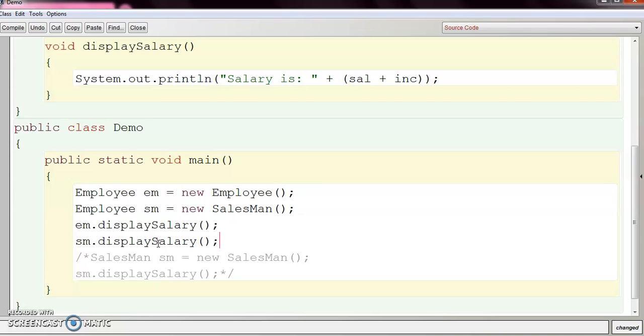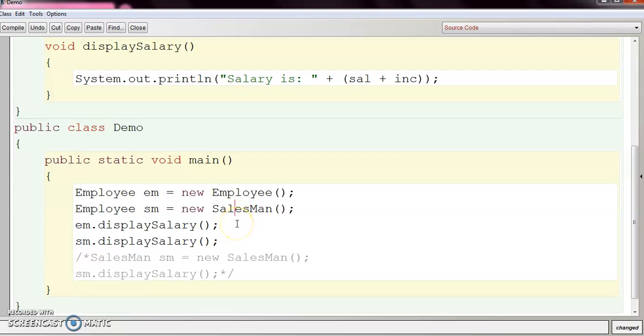When the method is called on superclass references, the compiler can't be sure which method to call, the superclass method or the subclass method. This method call is going to be resolved at runtime because the object references EM and SM are of the superclass type, but at runtime they will refer to the object of the superclass and subclass respectively.